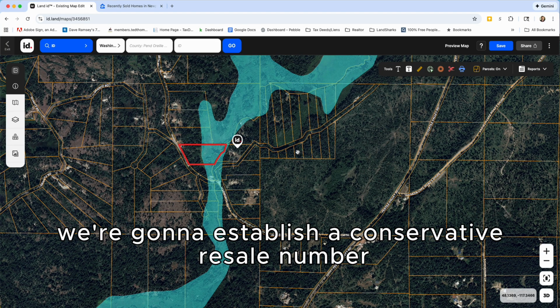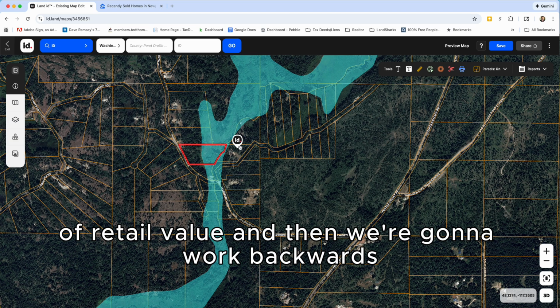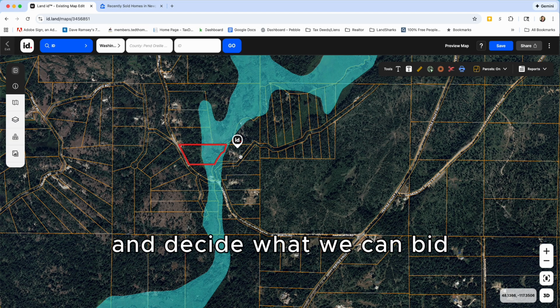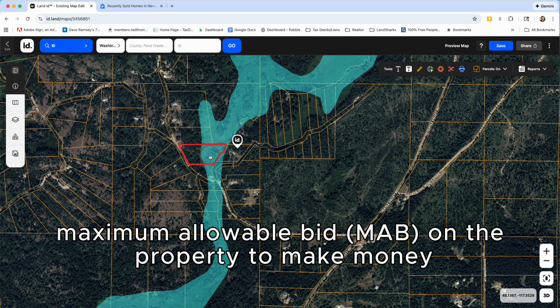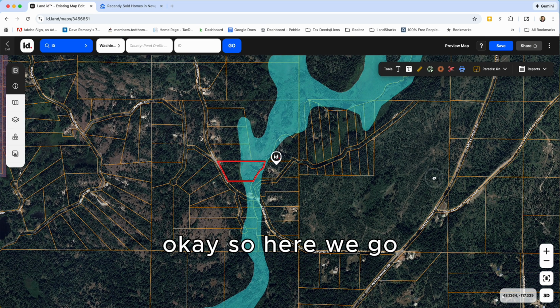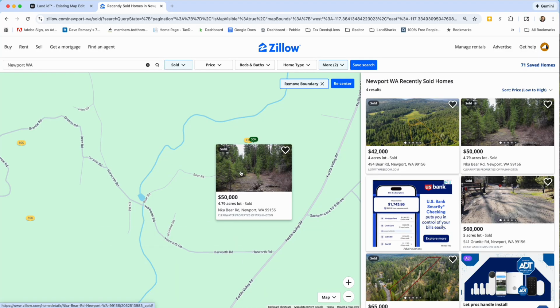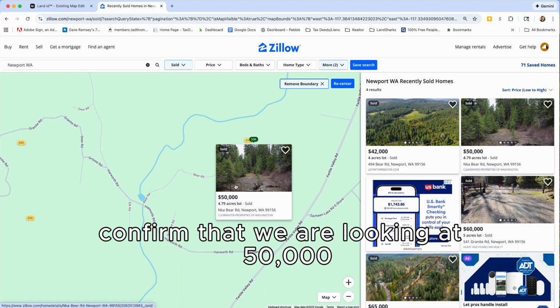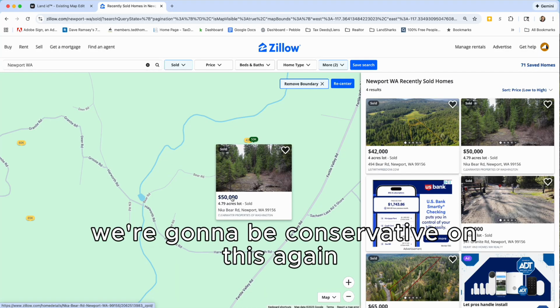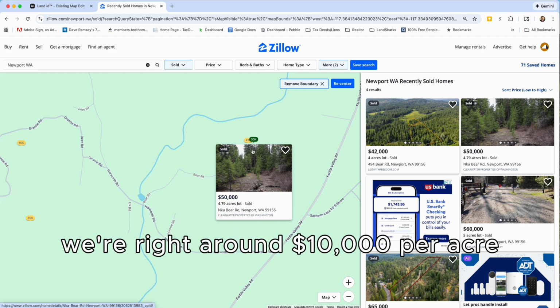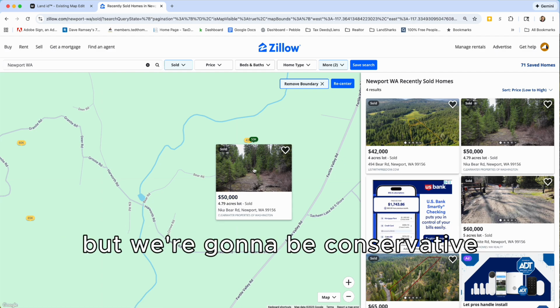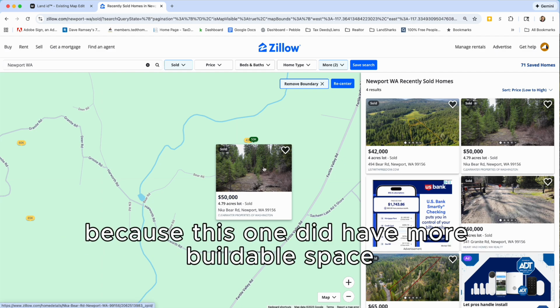So what we're going to do, keeping it simple, is establish a conservative resale number of retail value, and then work backwards and decide what we can bid, the maximum allowable bid on the property to make money. Okay, so here we go. We're going to use Zillow again. Confirm that we are looking at $50,000 because we're going to be conservative on this. Again, we're right around $10,000 per acre,